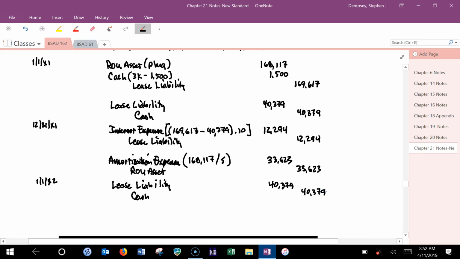Get the idea from the lessee's standpoint? Well, what would the lessor do? I don't ask for that in the problem, but let's just talk about it. And the book certainly doesn't get into this. Well, the lessor would also find the present value of the lease payments as the lessee did with the 40,000, what was it, 379 amount, rather than that 37,179 amount that we were talking about earlier. So the lessor is going to have a lease receivable that is also overstated relative to the value of the asset they're taking off their books.